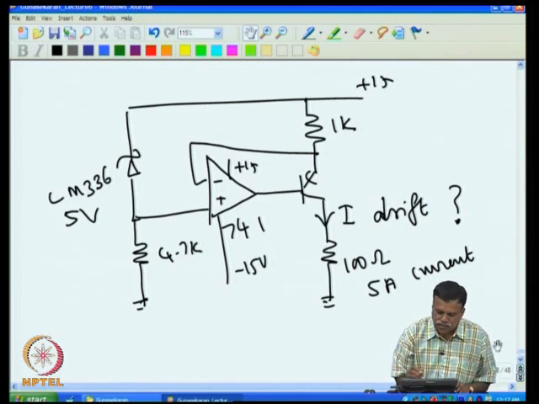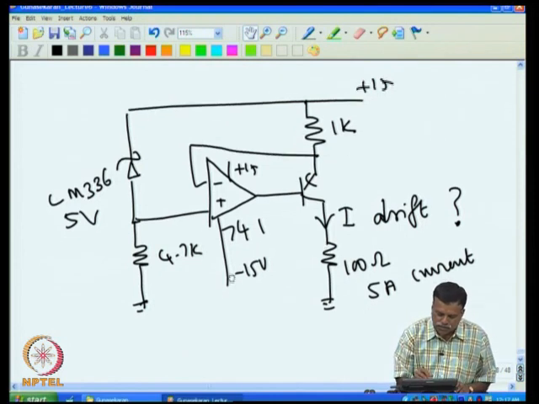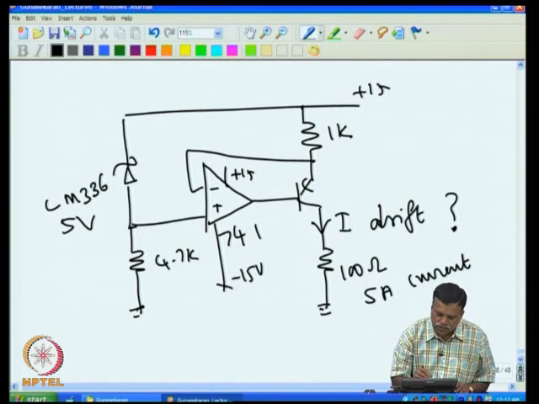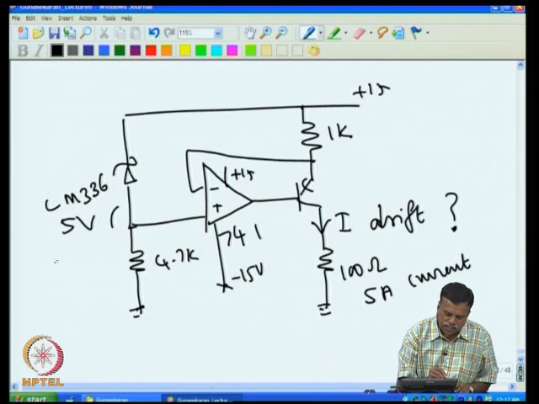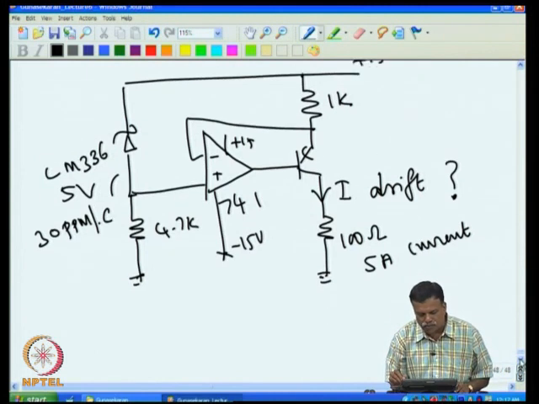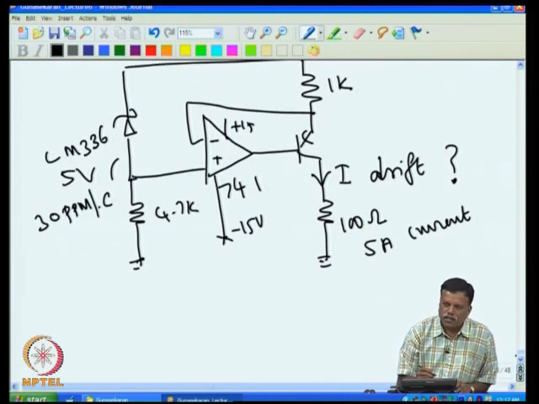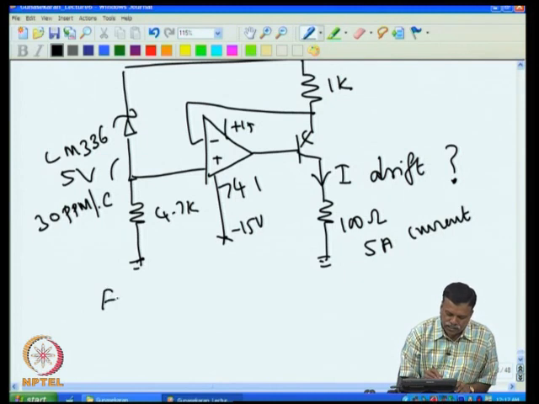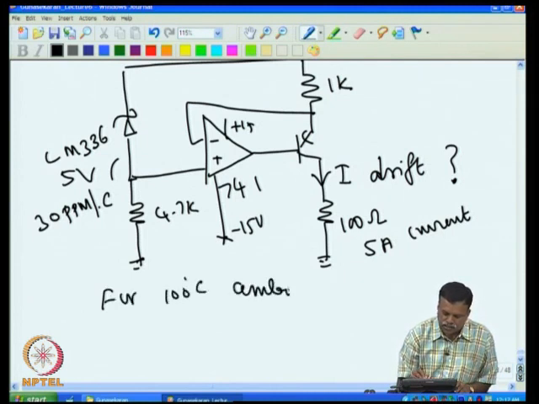So, first let us take the Zener drift, this minus 15 is given here. If the Zener has 30 ppm per degree C drift, then for a 100 degree temperature change, because if I am designing for industrial grade, then 100 degree temperature change should be considered. So, for 100 degree C ambient temperature change,